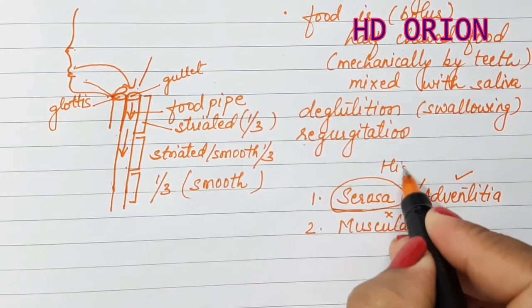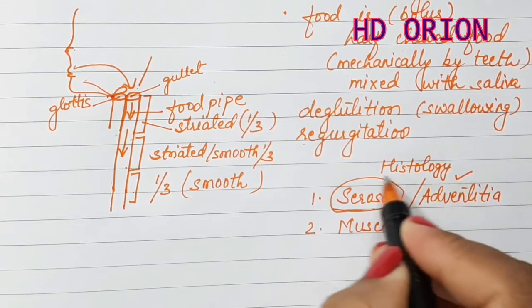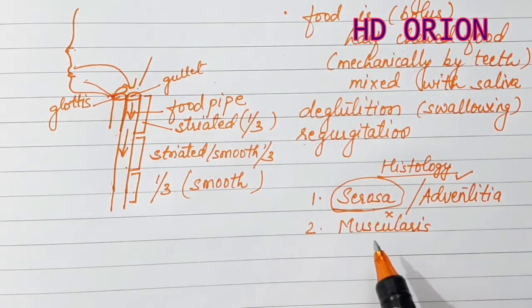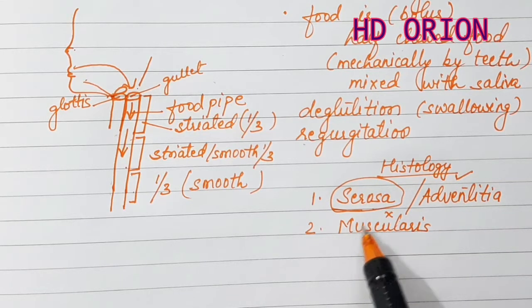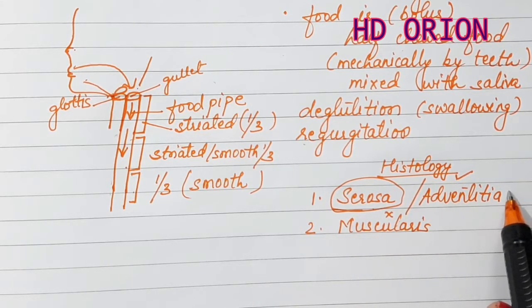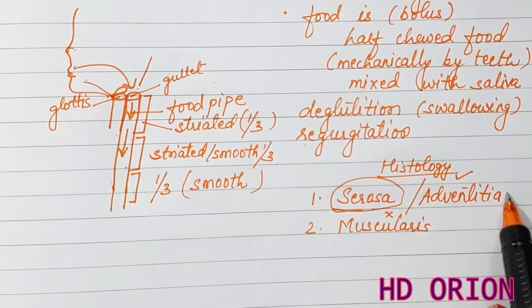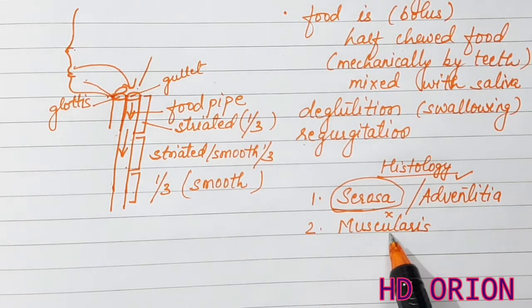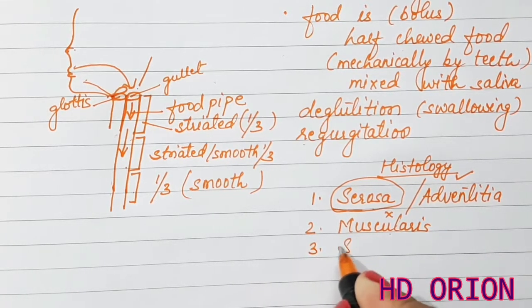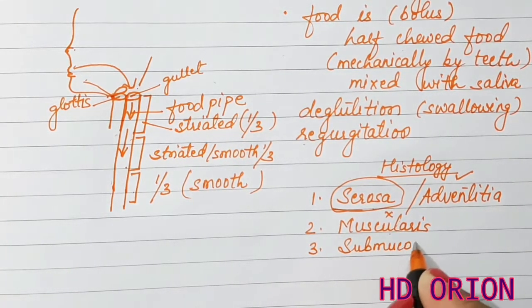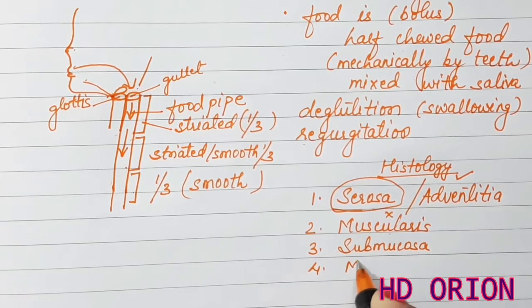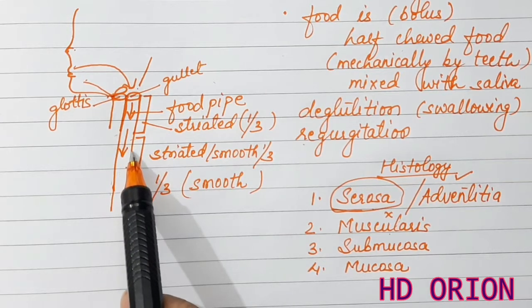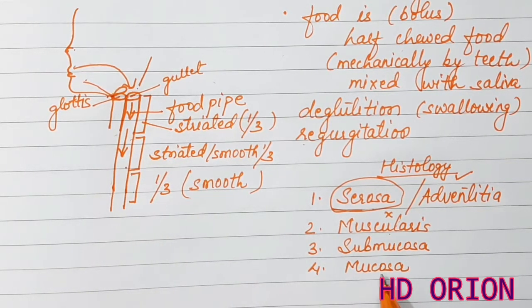This is the histology. That means we are studying the layers of the alimentary canal. So the entire length of the alimentary canal has these 4 layers, and I am talking from the outer side. So this is the outermost, and this is the squamous epithelium, and the second layer is muscularis. The third layer is submucosa, and the innermost layer is mucosa. We call this mucosa because this continuously secretes the mucus, and the food is actually added with more mucus over here. The mucus is added so that it becomes slippery for the food to go in,